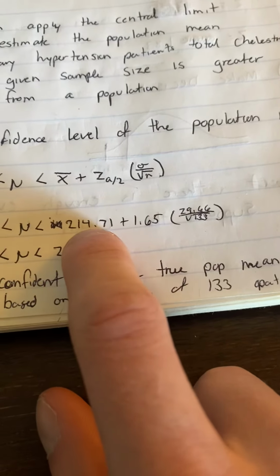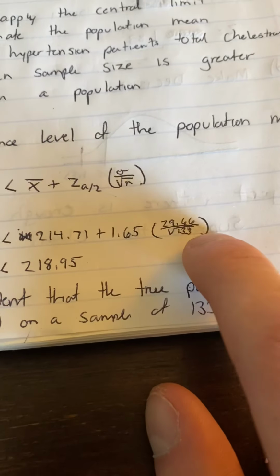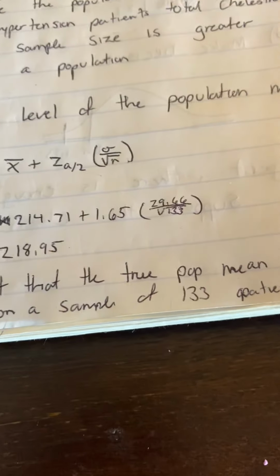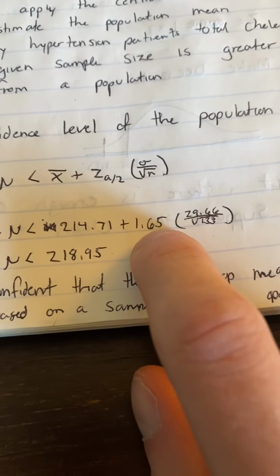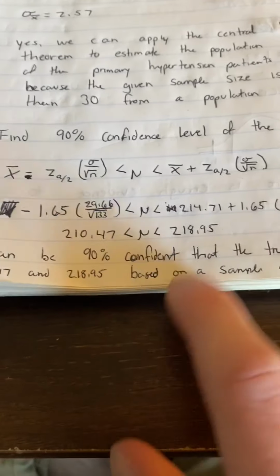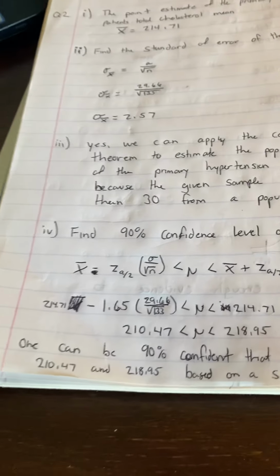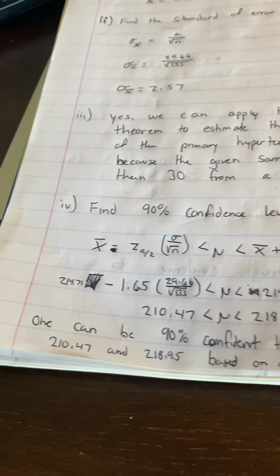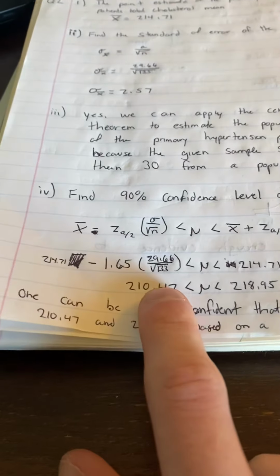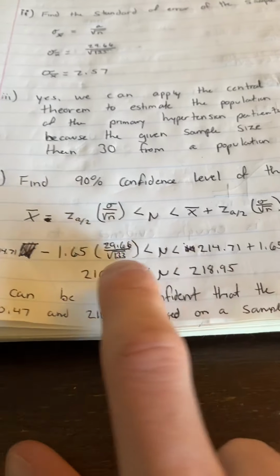Now on the right side, what you do is exactly what you did on the left side. So the standard deviation divided by the square root of the sample size, times our test value, 1.65, and then adding that to 214.71. That will come out to 218.95. Now, after we get our values, to interpret this, one can be 90% confident that the population mean is between 210.47 and 218.95, just in between these two values,